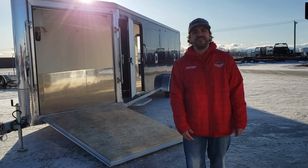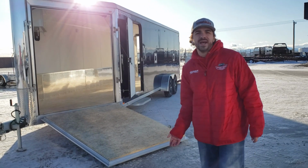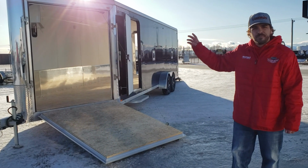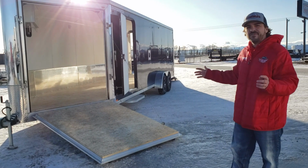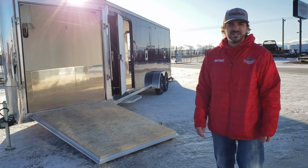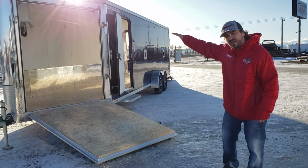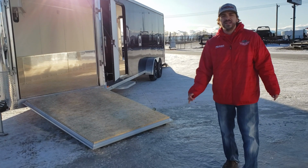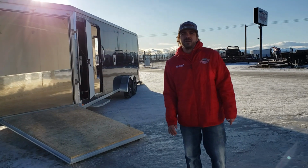This afternoon we're at Factory Outlet Trailers and I want to do a quick walk around with you on the Legend Trackmaster. This model is 29 feet long, 24 feet of box plus the 5-foot V-nose. It is a 7-foot wide model in the Trackmaster series, and one of the key features of the 7-foot wide is it keeps us at a lower center of gravity, not like a deck over. If you've ever towed in the winds in southern Alberta, you would know that a lower center of gravity and